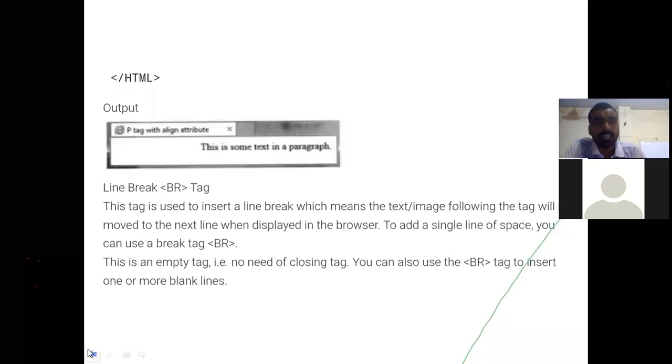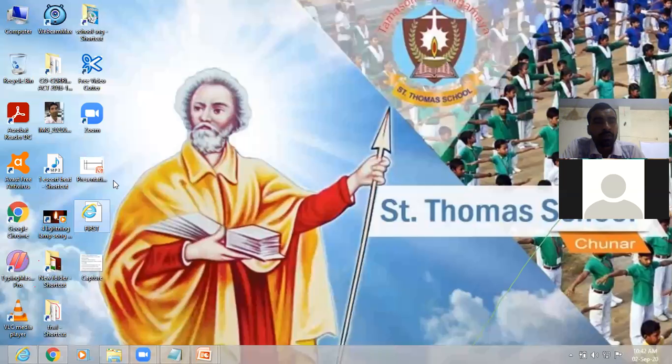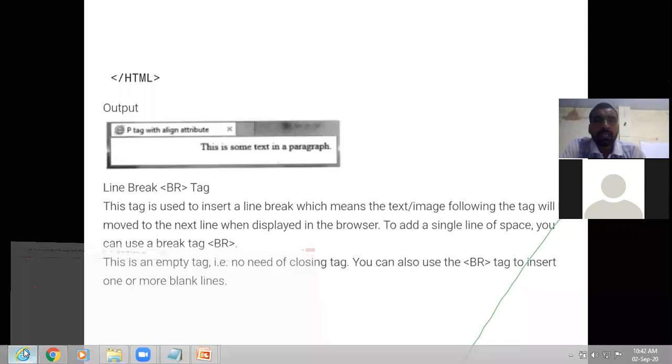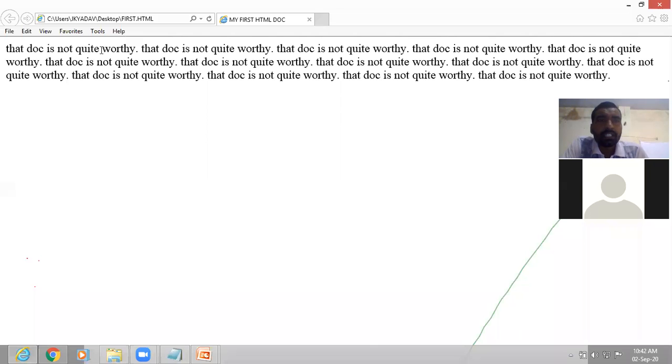As you can see here in the output, "That document is not quite worthy" is written 3 times. Now after 3 times, you want to change the line from the 4th time, from the 4th part of the text. So what will you do?